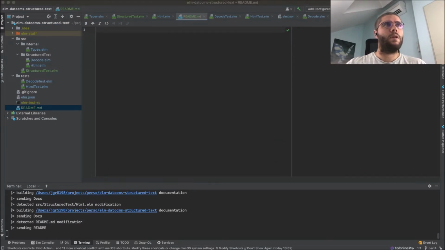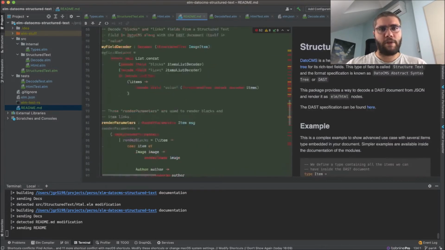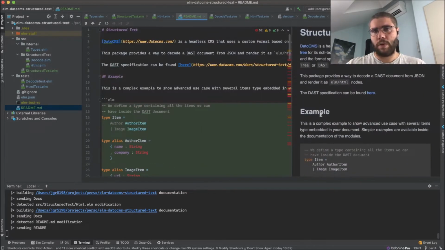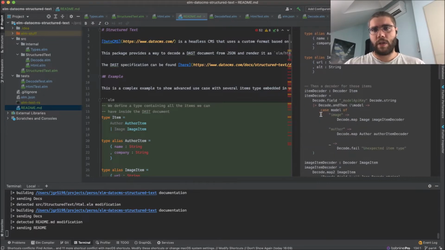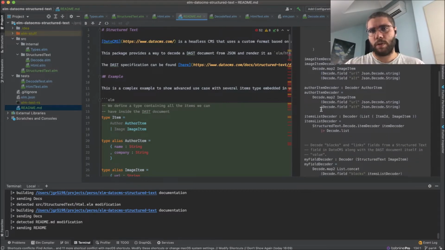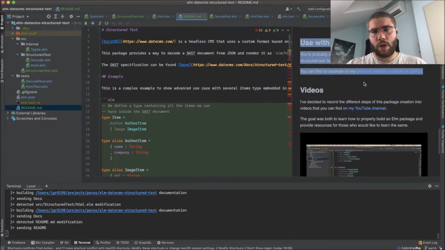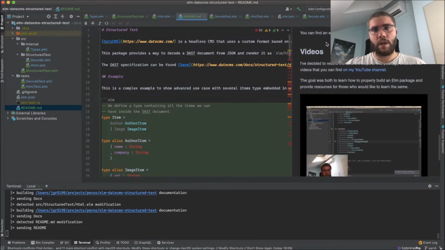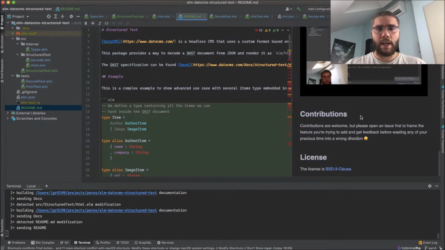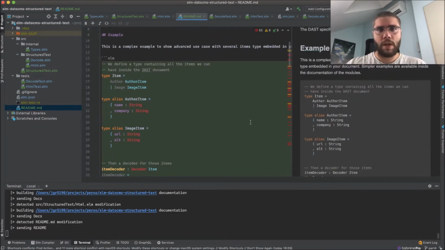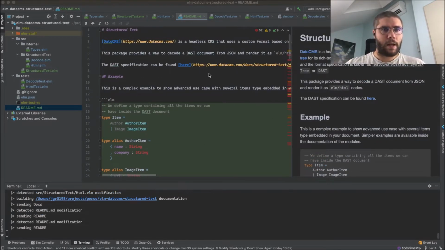So this time I've also created a README, with a more complete example of what we can do with this package. One instruction to help use it with mGraphQL, which I expect to be the main use case. A little link to the videos because it's quite interesting, I guess, and the license and a small word for contribution. So perfect. And now we can preview